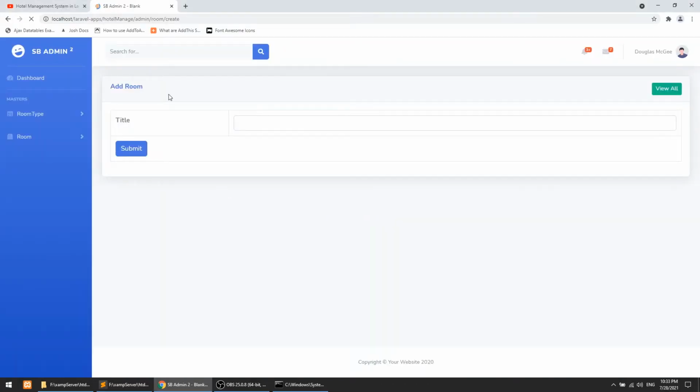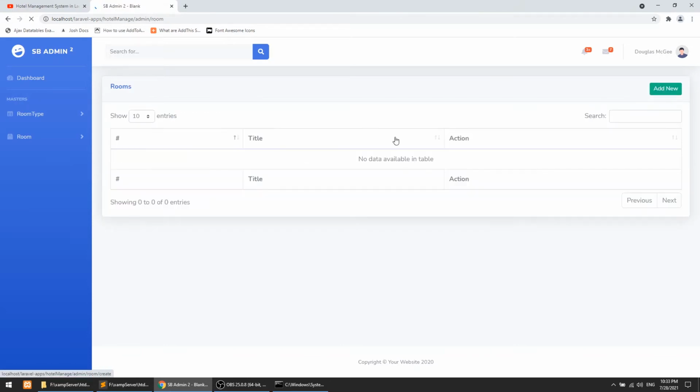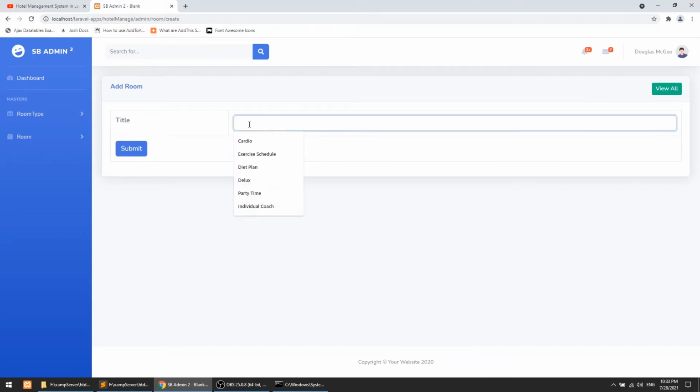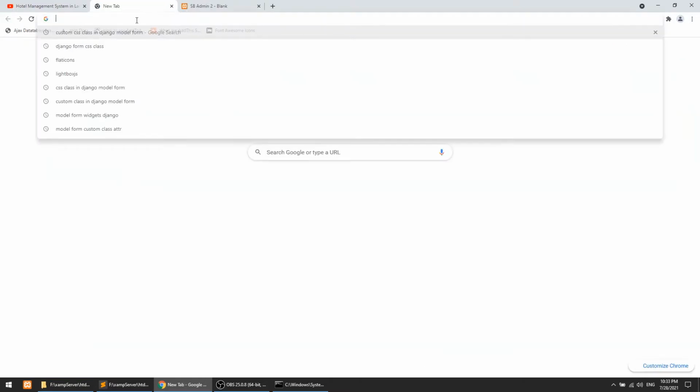Okay, so we have this add room functionality. When we click on this, we will go to the view all section. When we click on the add new, you can see that we also need the room type, because you are adding the room, but we also need the room type. If we go to